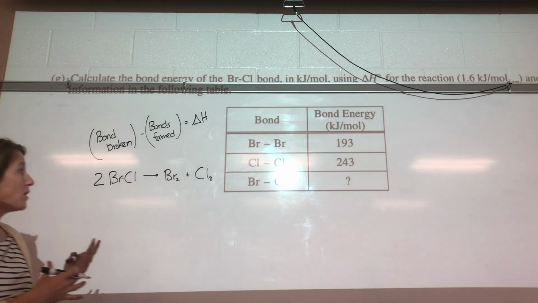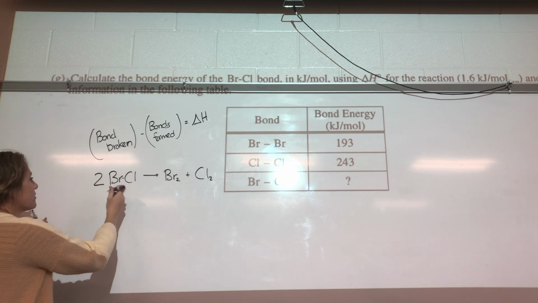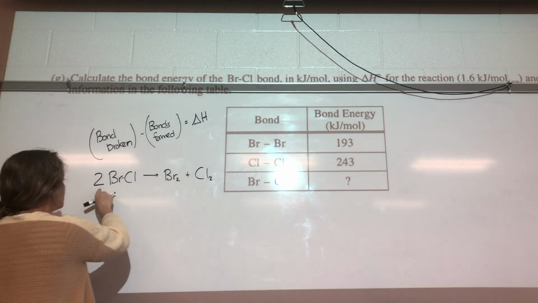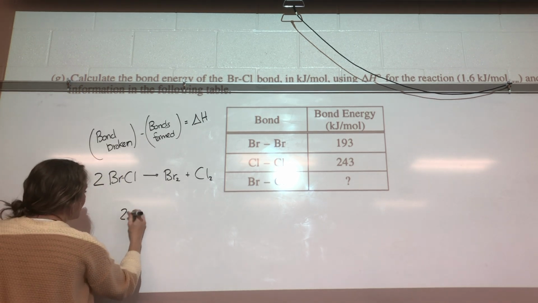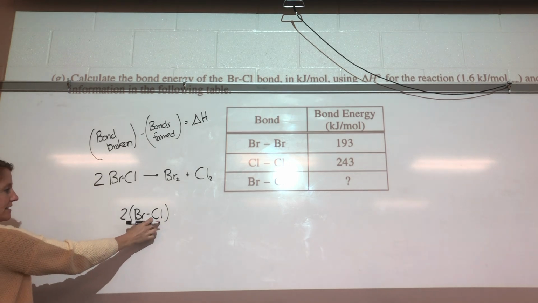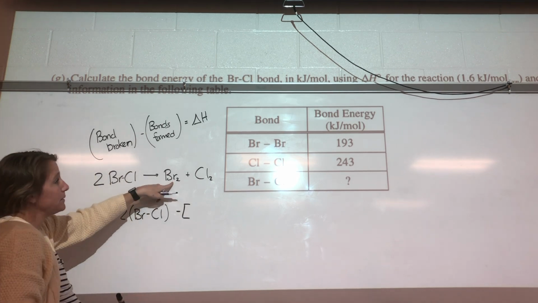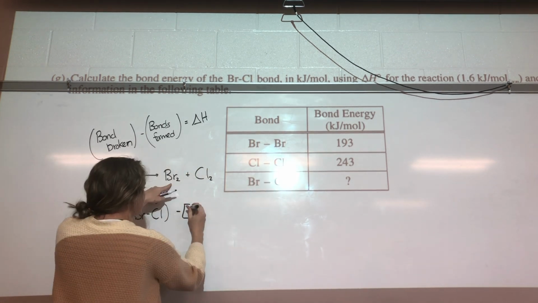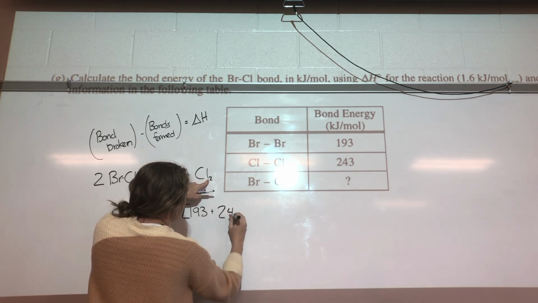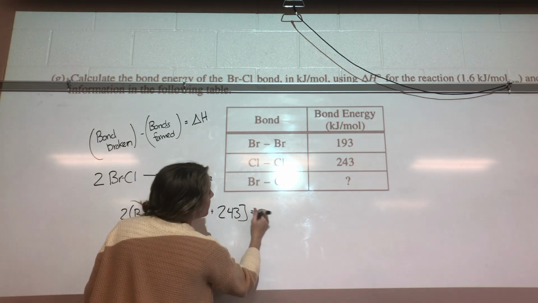So plug in what we know. It's bonds broken, so the ones that get broken are the reactants, because they're reacting and breaking apart. So 2 of those. I don't know that value, so I'm just going to plug in that: 2 BrCl bonds minus a Br to Br bond plus a Cl to Cl bond, since those bonds are formed,